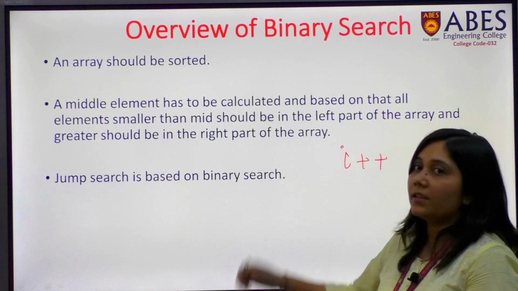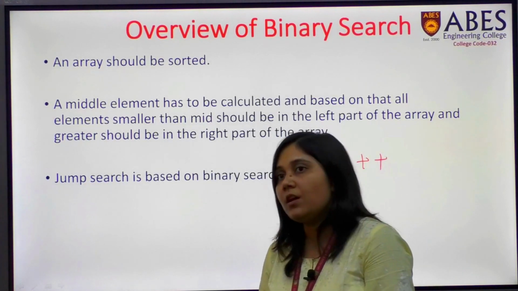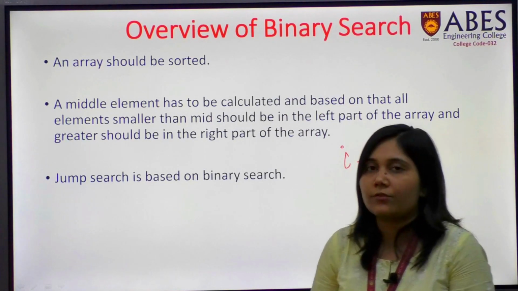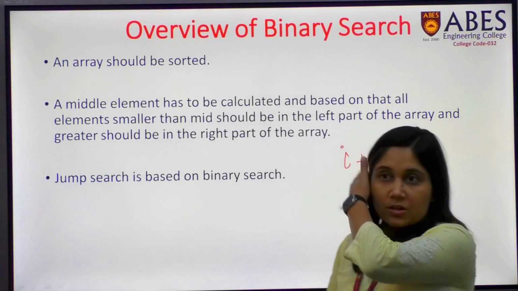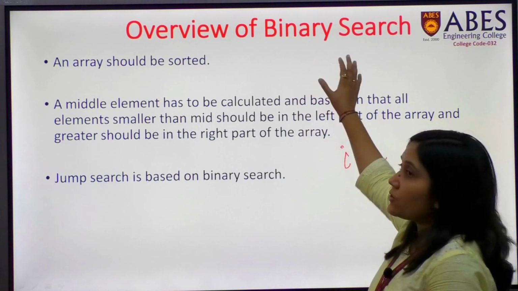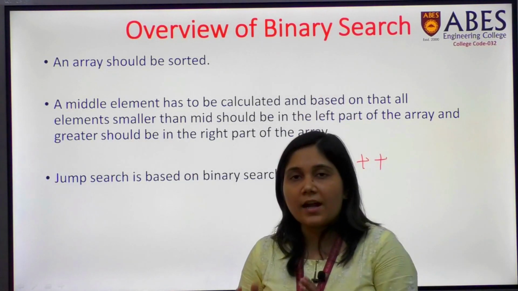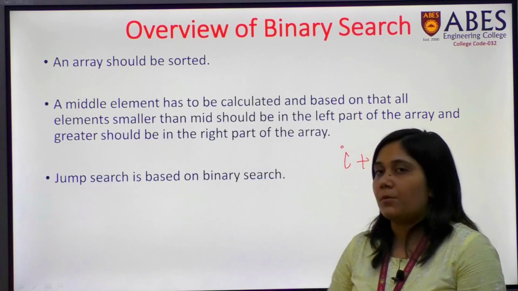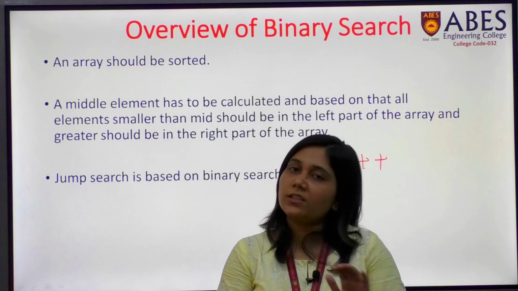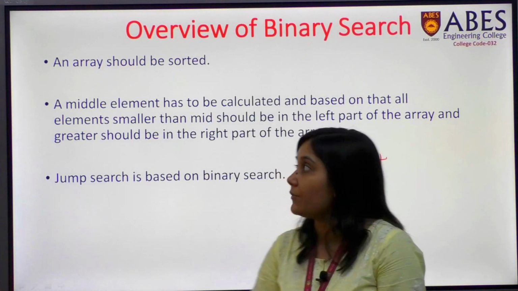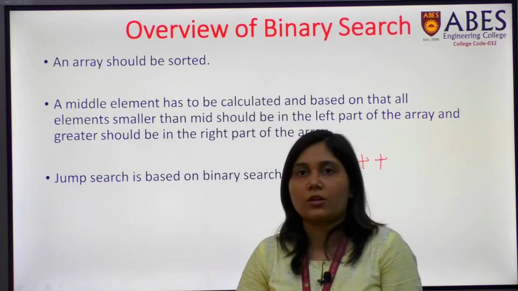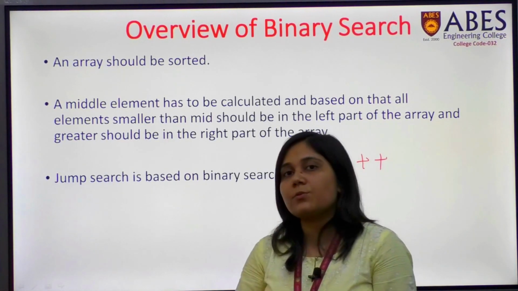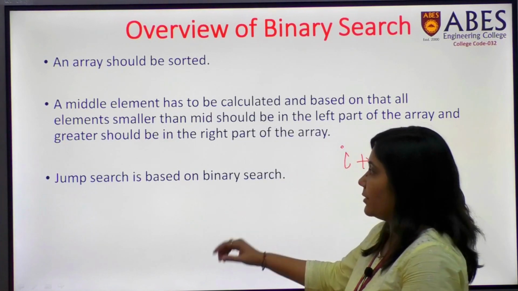Now the next concept I need to explain: because every time I am talking about binary search, it is very important to have a little bit of an overview of what exactly binary search is. We all know that binary means 2, bi means 2. We are dividing our array into 2 parts, the left subpart and the right subpart. The left array will contain all the smaller elements, then the middle element which we are going to calculate, and I will show you the algorithm for how we do that. And the right subpart will contain all the elements which are greater than the middle element.